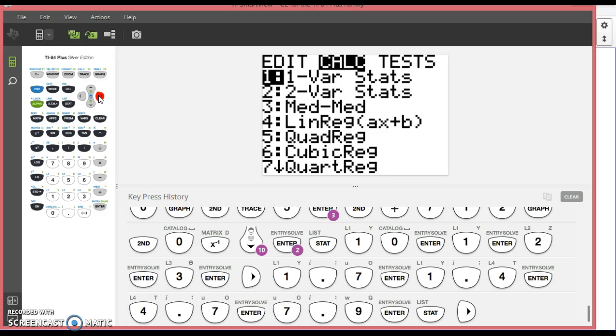Stat, over to calculate. Then we want to do linear regression, quadratic regression, and exponential regression. And what we are looking for is the one that has the highest R squared value. And you'll see what I mean in a moment. Because the R squared value,